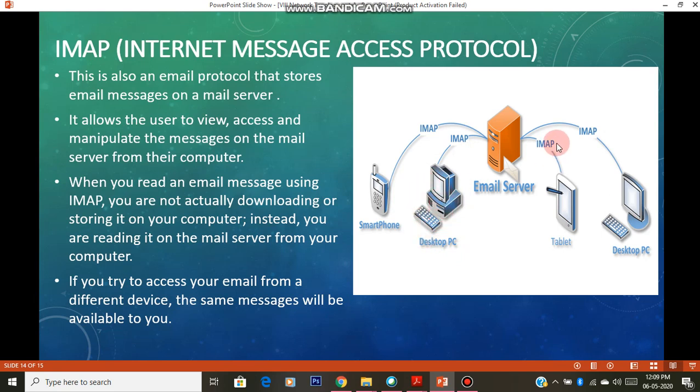That is not required. The mail remains in the server. Wherever you want to check the same mail through your phone, you can check it. If you want to check through your tablet, the same mail can be opened again. Or if you check with someone else's laptop, there also you can open the same mail. Okay, but what happens in the POP3 protocol? There it will not allow us to do that.